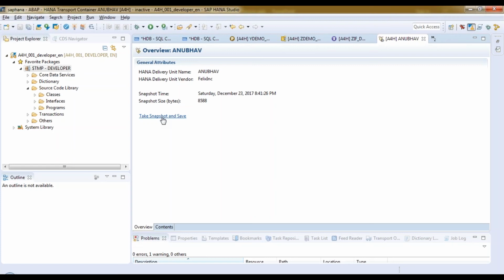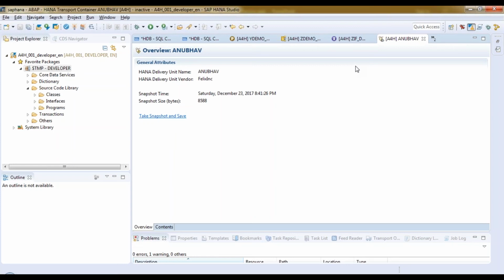Let's say a delivery unit contains 10 packages and you say I want only 3 packages to be transported via this delivery unit. Not possible. Create another HANA transport container with another delivery unit which has only those 3 packages. So that's the only limitation, or I would say the condition, to create an HTC container. Okay, and then you can of course lock it in the same transport and release it.